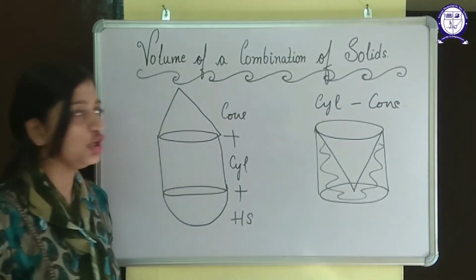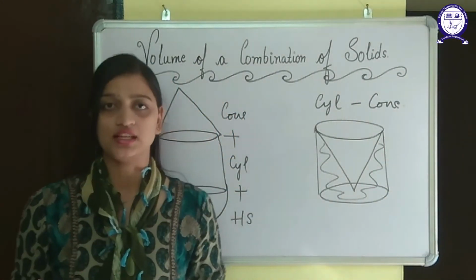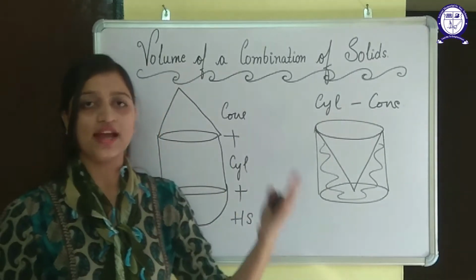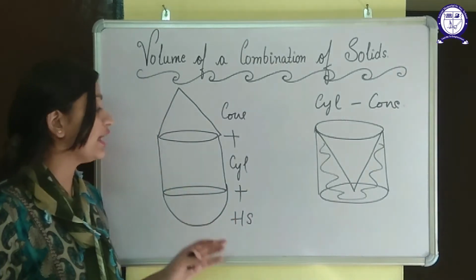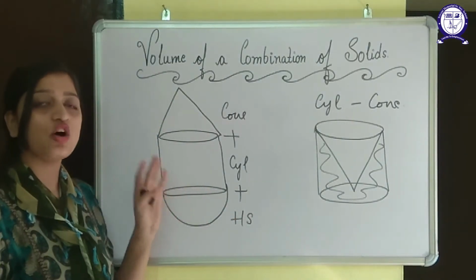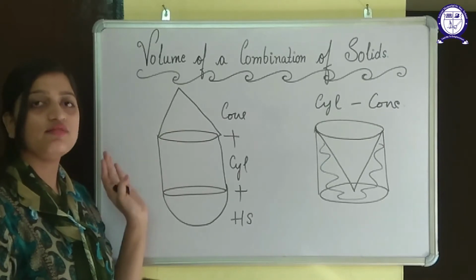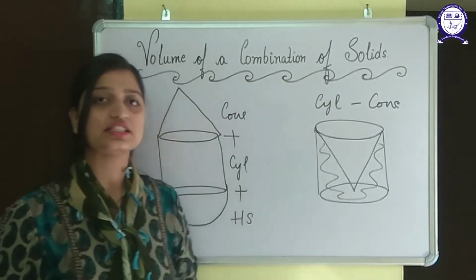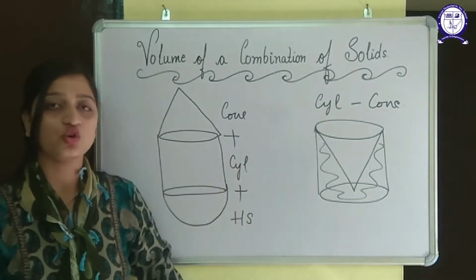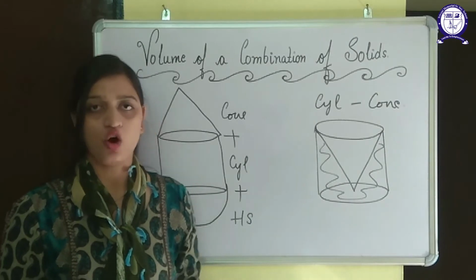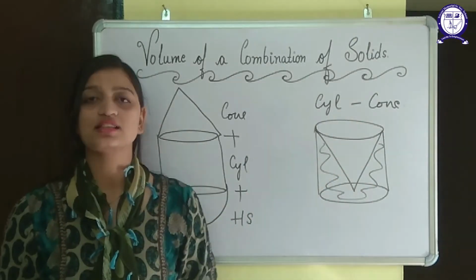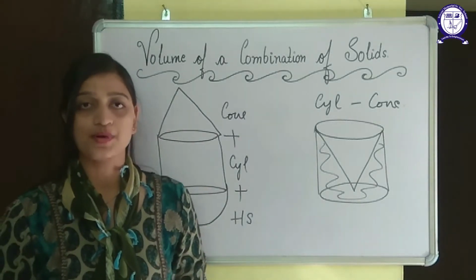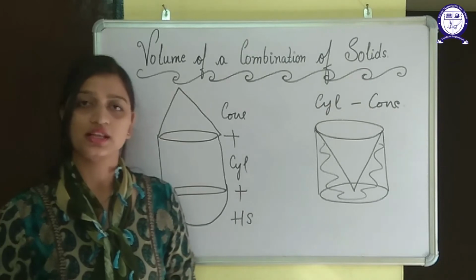So this is the thing you need to remember, that in surface area, it will always be addition, whether it's outside or it's inside. But in the case of volume, if the figures are on the outside part, then we will add their volumes. But if the figures are inside of it, that means some portion is taken out of the object. So, in that case, it will be subtraction. Okay. So, now let's take some examples to understand this concept clearly.